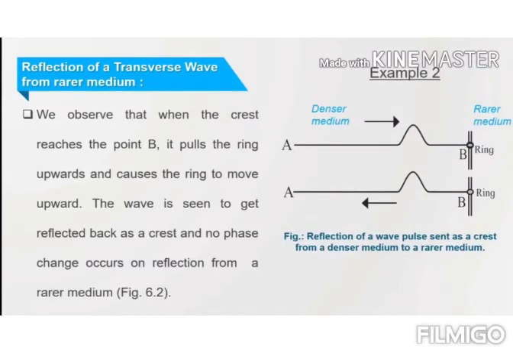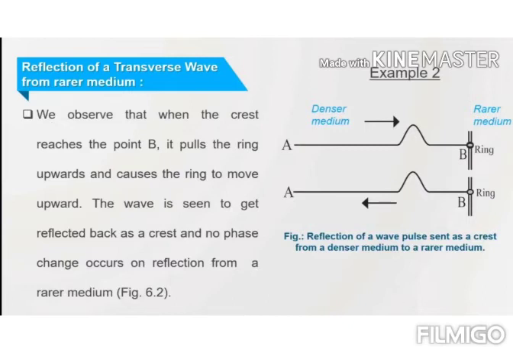In example 2, we observe that when the crest reaches the point B, it pulls the ring upwards and causes the ring to move upward. The wave is seen to get reflected back as a crest,